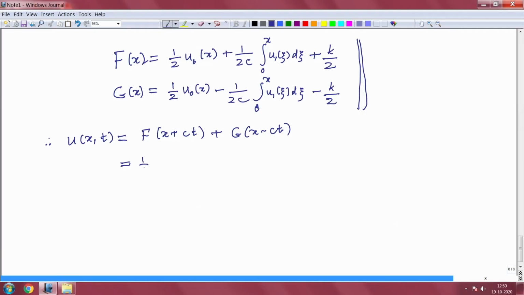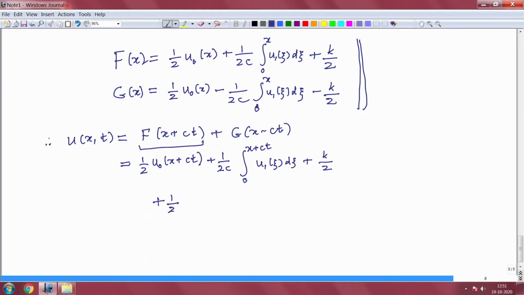So, I get half u_0(x plus ct) plus 1 by 2c integral 0 to x plus ct u_1(j) dj. K is a constant, so that will not change. So, just k by 2. This is for f(x plus ct),